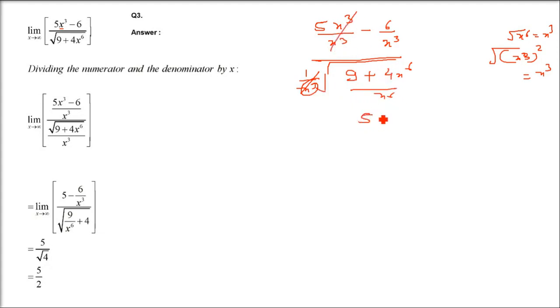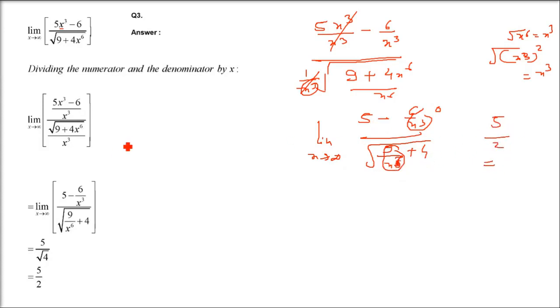So ultimately you have to divide it by x cube, either numerator or denominator, the highest power of x. This is 1. You have 6 by x cube. Now you have 9 by x 6, and then this x cancels. So you have only 4 here, and these are inside your under root. So what do you get? This is 6 by x cube. Anything divided by an infinite number is 0. So this is 0. This is also 0. So you have 5 in the numerator, under root 4, that is 2, in the denominator. So 5 by 2 is going to come.